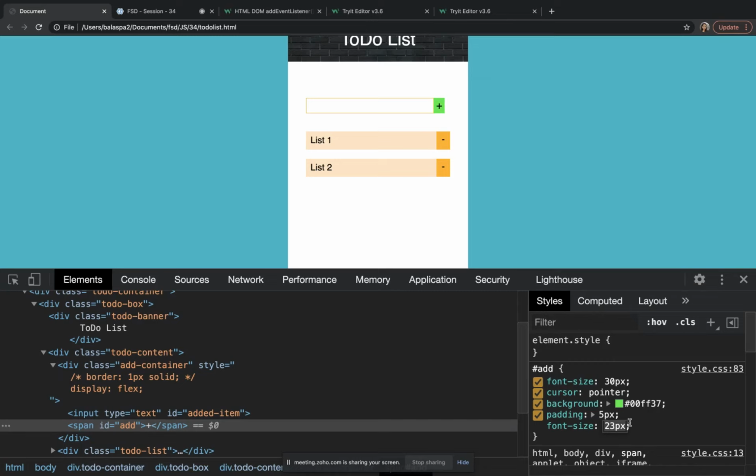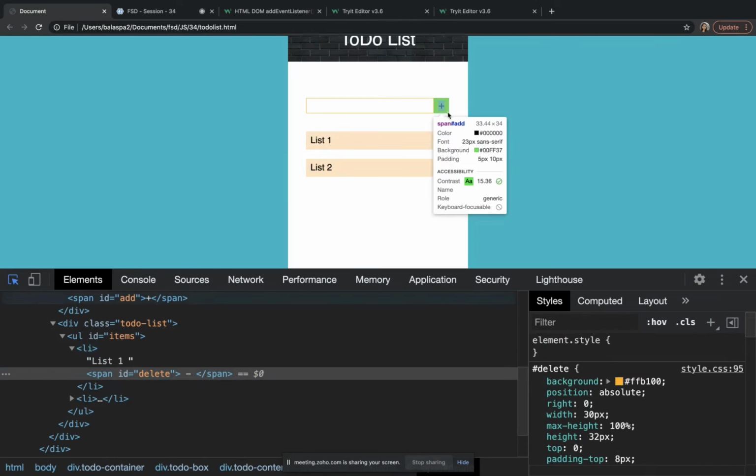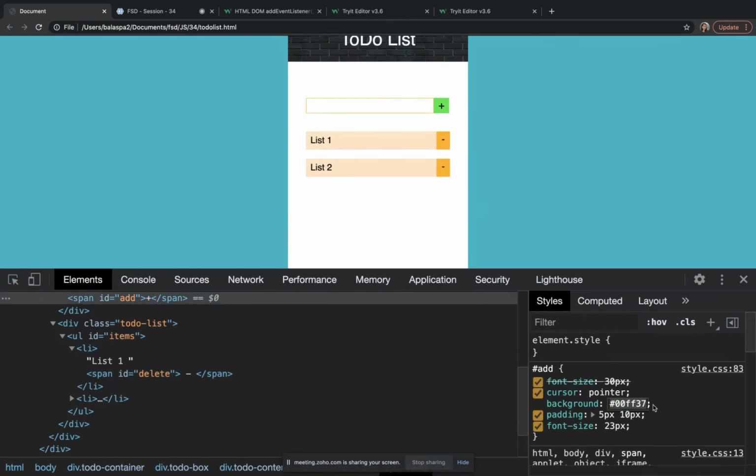Yes, 23 I gave. Padding top is okay, but I want more padding right and left. So I keep it like this, and then I'll add this color here. Fine. I hope it looks good.